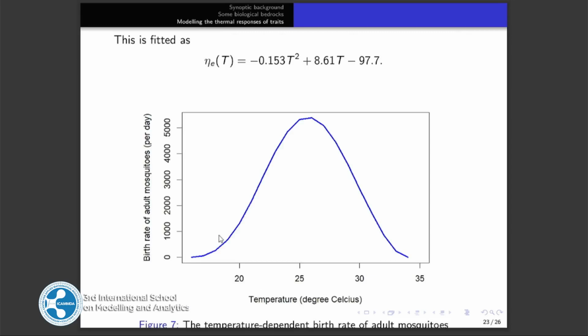And we have this particular plot. So to get this particular function, this eta of t, which is talking about the eggs laid by the female mosquito per day, which is also temperature dependent. All right, now, all of these things that we have looked at, let's go back to